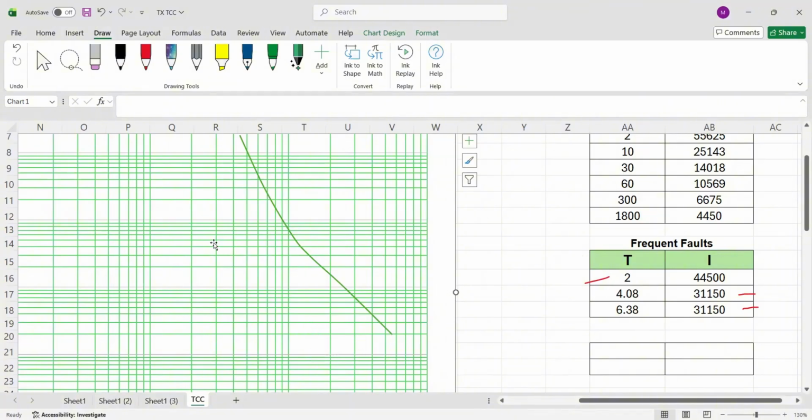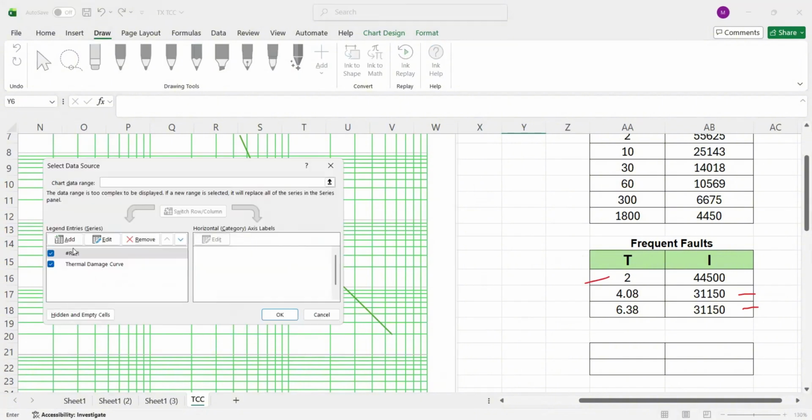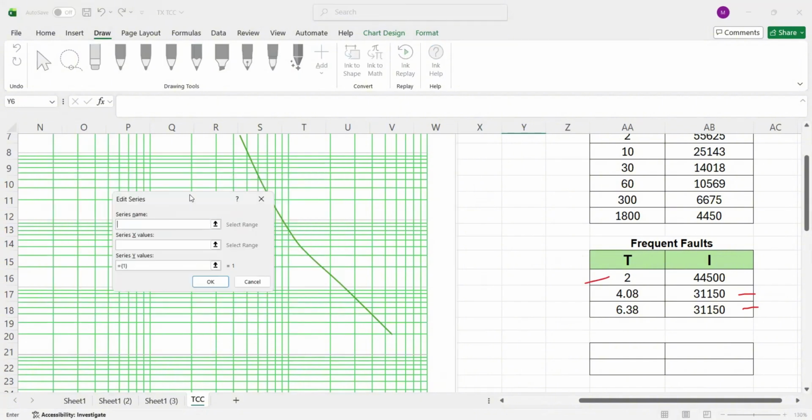Now let's plot the lines from 4.08 to 6.38 seconds at 31,150 amperes. So right click, select data, and click add. For the series name, let's say this is the mechanical damage curve 1.